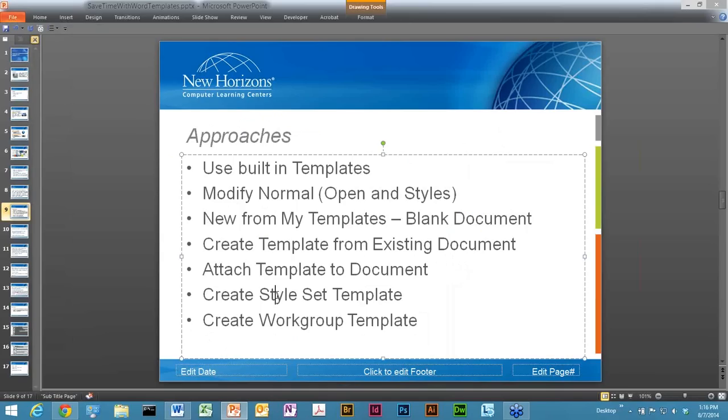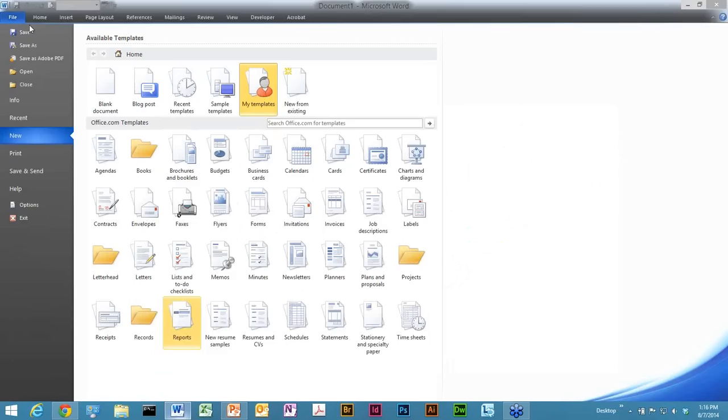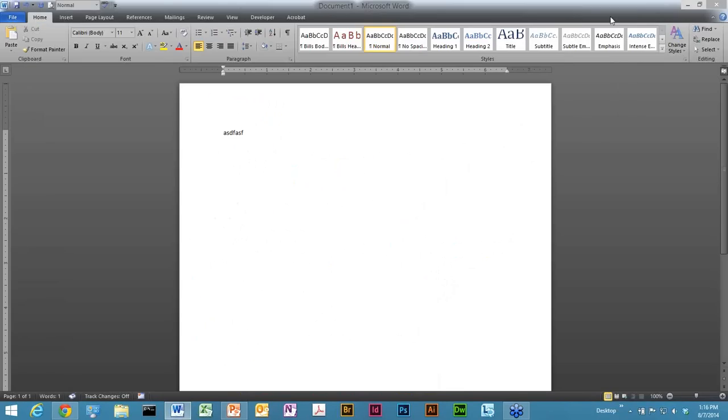Now, 2 other real quick. Creating style set templates, creating workgroup templates, okay? Now, style set templates I absolutely love. These are honestly one of my favorites, because what you're really doing is you're creating a template that is kind of locked down to specific styles, and that really is the concept here. What I want to show you real quick is a little bit of a gotcha in terms of generating those